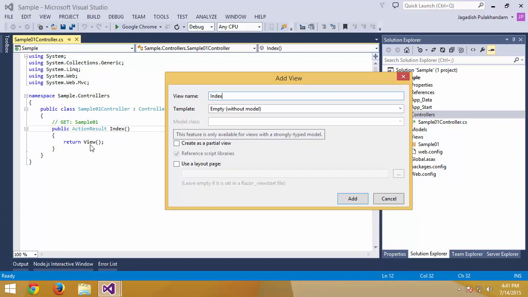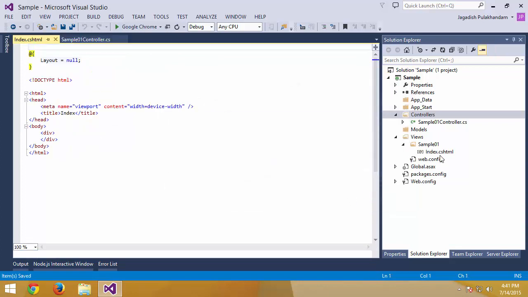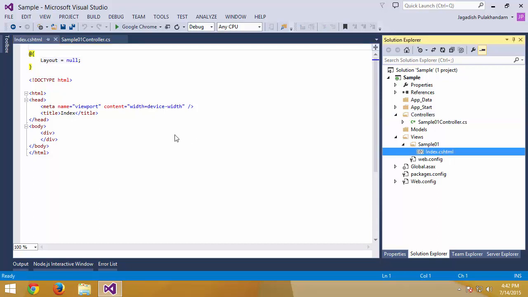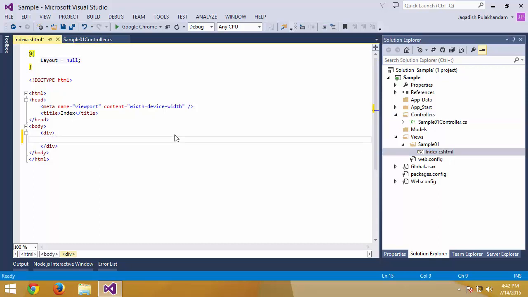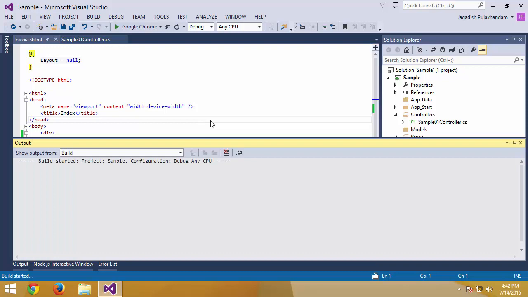Whenever you are returning the view, if you are not providing any value for the view here, or if you are not selecting any view, it will search for the view which has the same name as the action name being executed. So in this case I just want to go with the view name which is identical to the action. Just click add, and now you can see I have index right here. Let us first start with some message, and the moment I press F5,